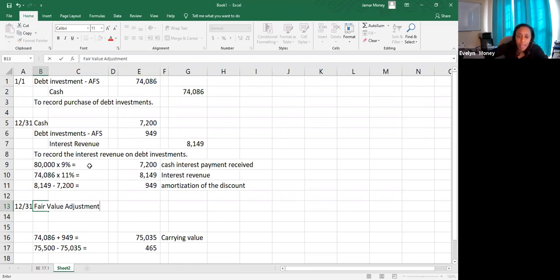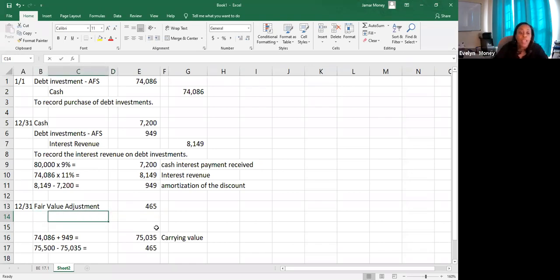Now, yes, it has a normal credit balance, so when I debit it, it's making it go down, but it is linked with the debt investments account. So that if this account has a debit balance of 465 and debt investment has a debit balance of 75,035, the combination of those two accounts is going to bring me to my appropriate fair value of 75.5. So remember that this fair value adjustment account is simply a contra asset account, very similar to allowance for